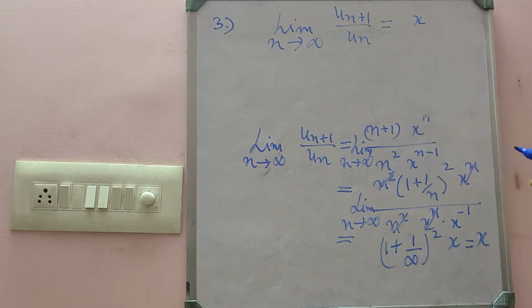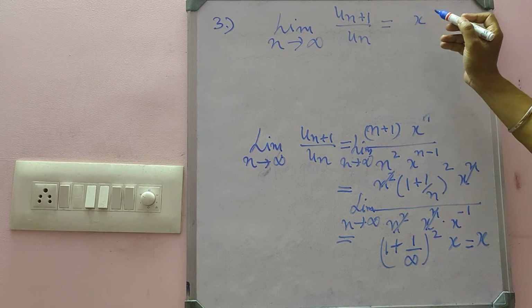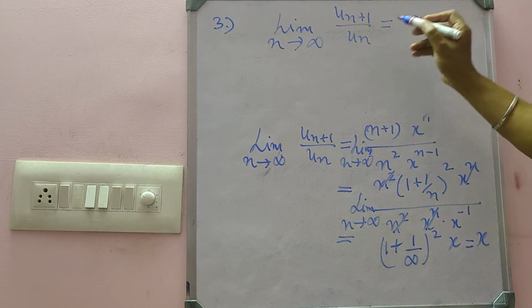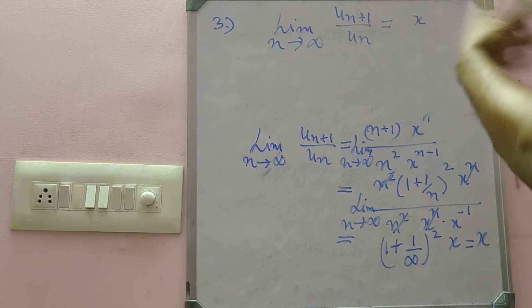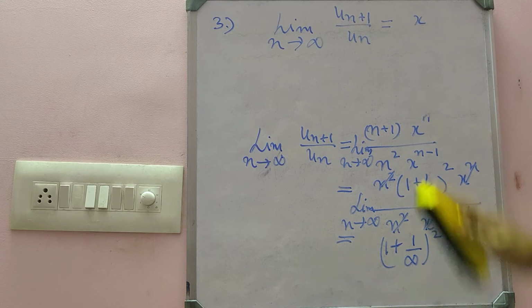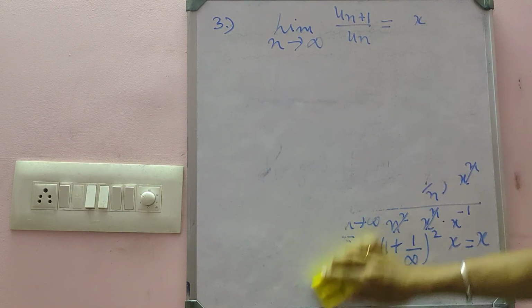Here we found x. So now see, x is not any constant value. So we know according to the condition that less than 1 is convergent, greater than 1 is divergent, equal to 1 fails. So we have to make our conditions: if x will be less than 1, then what will be the result? If x greater than 1, then what will be the result? And when x will become 1, then what will be our result here? So see, one by one we have to take case 1, case 2, case 3.